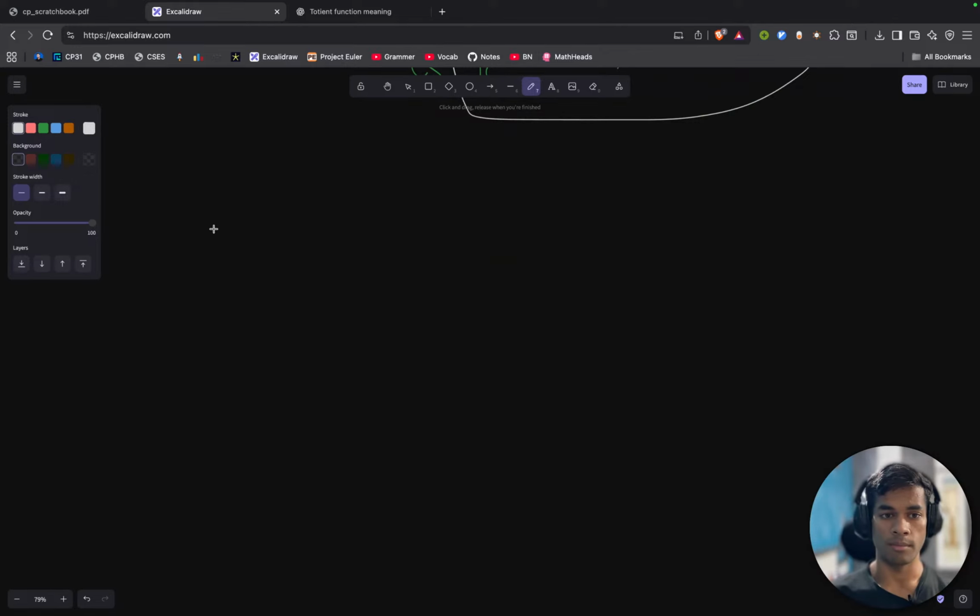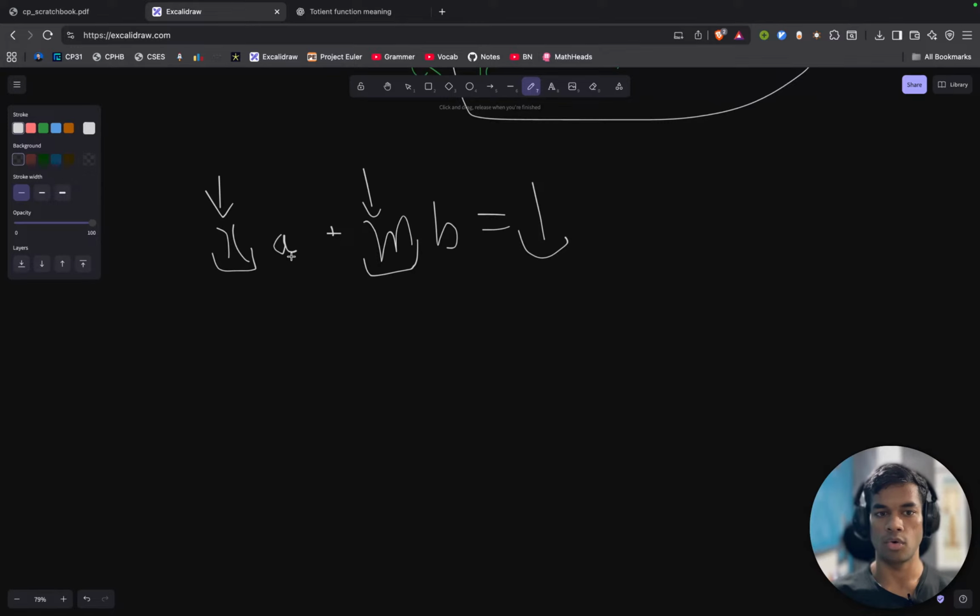If they are co-primes, then x times some number a plus m times some number b equals 1. This is only possible when x and m are co-primes, for some combination of a and b, and a and b can be positive or negative integers. That is the only restriction. They can be positive or negative, but they have to be integers. So if you have this much minute control,